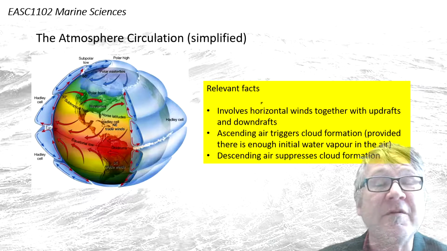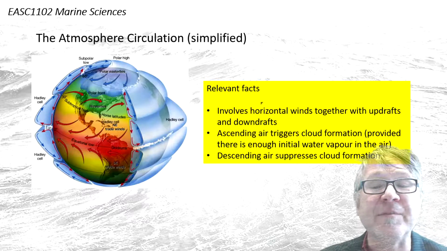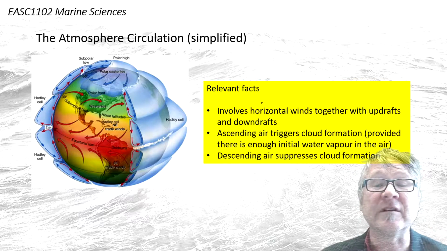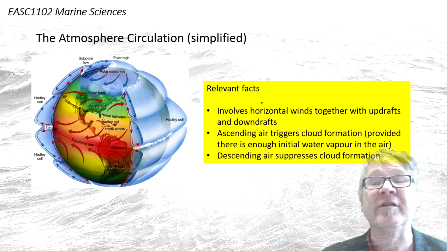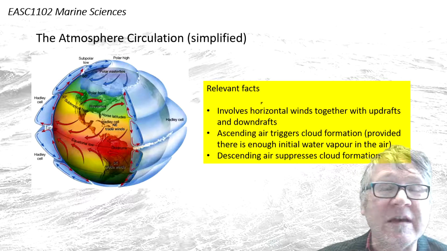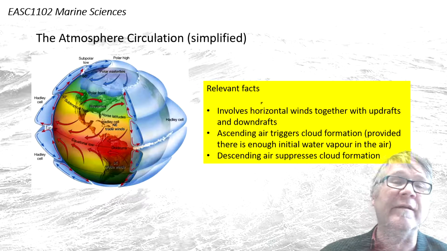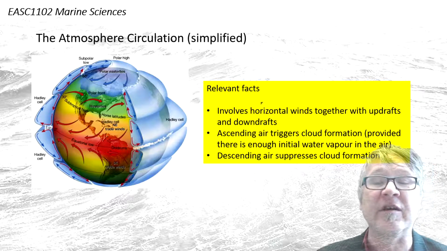This is the simplified representation of the circulation in the atmosphere. Okay, so there are several perspectives and layers shown in this graph. The larger areas are the horizontal winds just above the surface of the ocean,